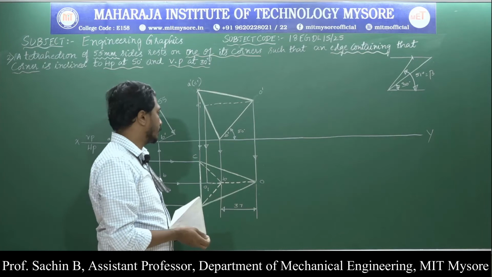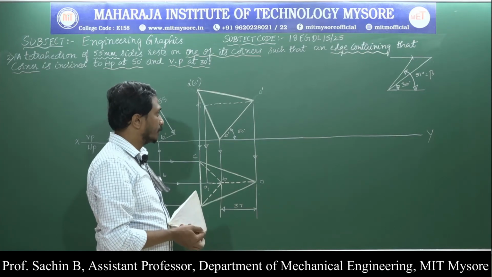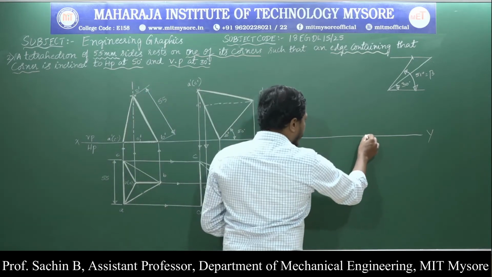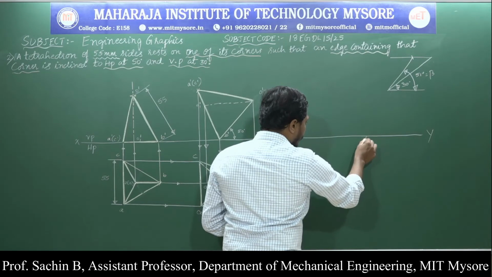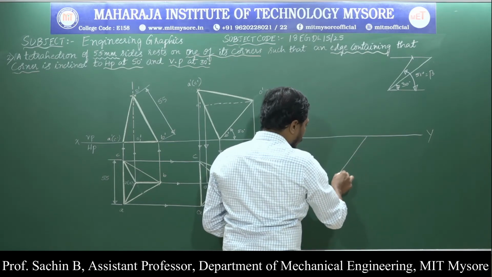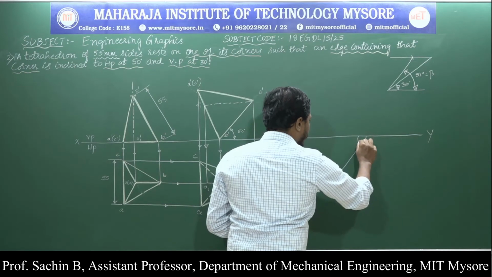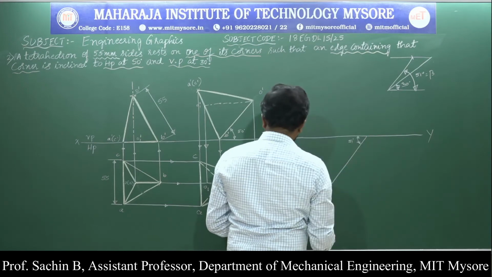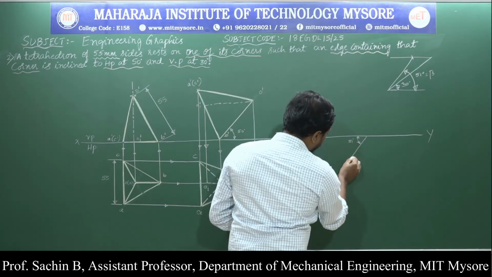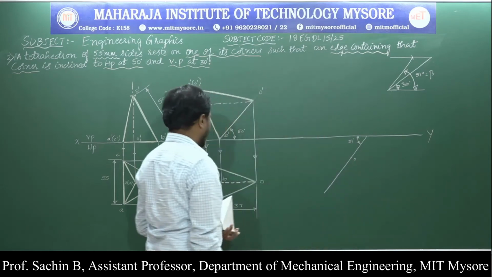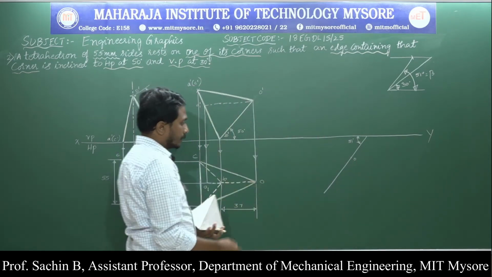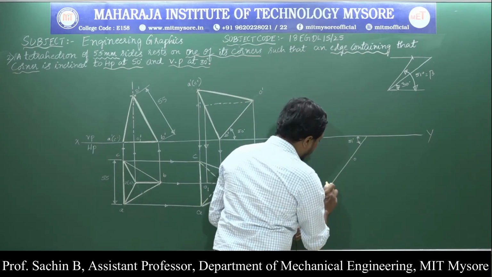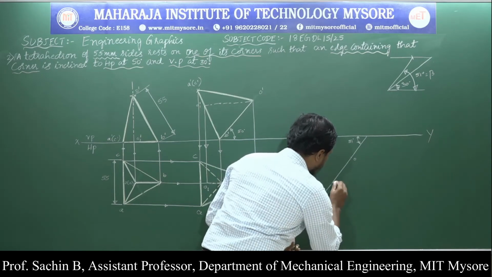Now I will go for constructing the object of given inclination for the apparent inclination. For that, I am going to draw a thin line of inclination 51 degree to the apparent inclination, 51 degree. Next, I am going to mark this point as O point. Next, I will come to O to B length. I am going to mark that length from O to B till here. I am marking this. This is my B point.